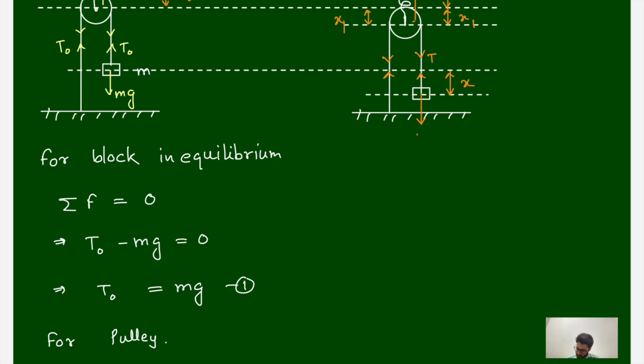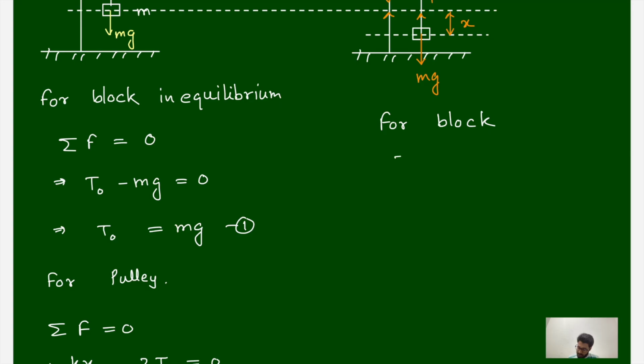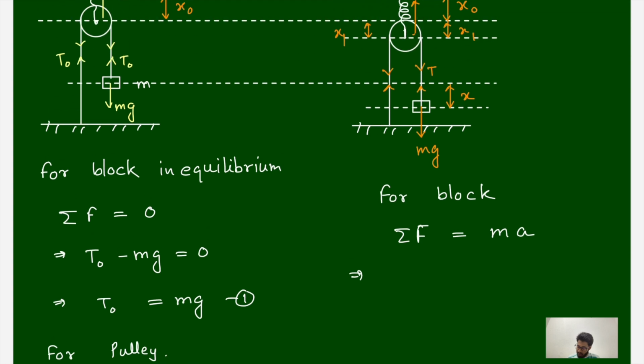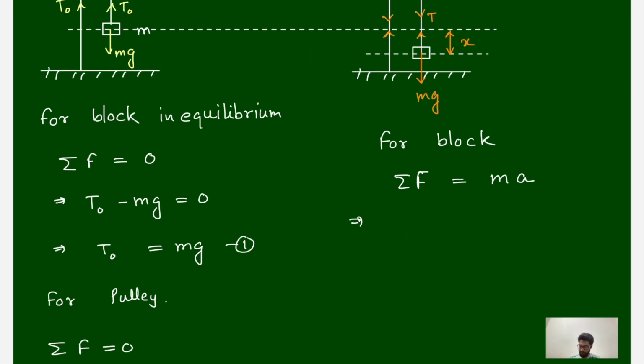Okay, so downward direction mg will remain as it is. Then for the block, net force is equal to mass into acceleration. The net force is in the upward direction, you can see here upward direction tension is there, downward direction mg. Now tension will not be the same as in the previous case, because here it has displaced, so the spring force is there